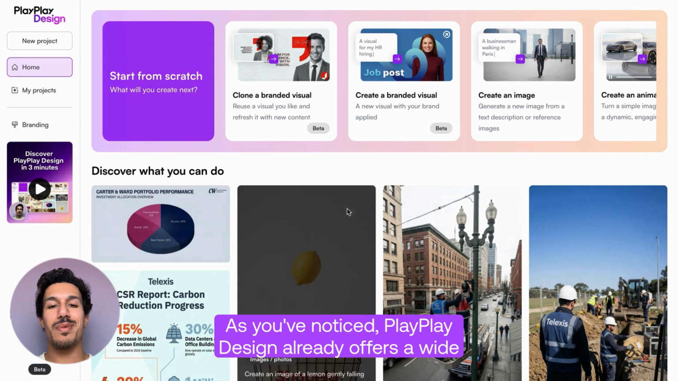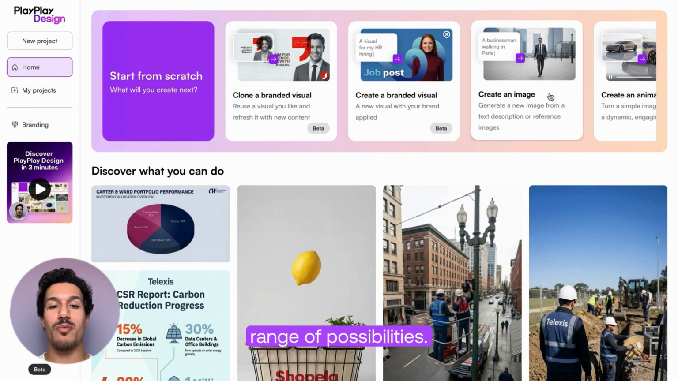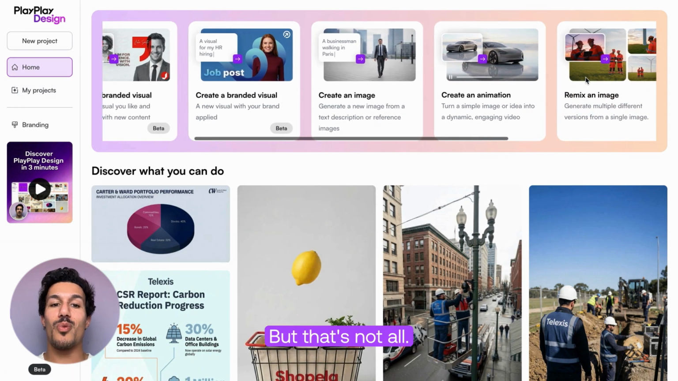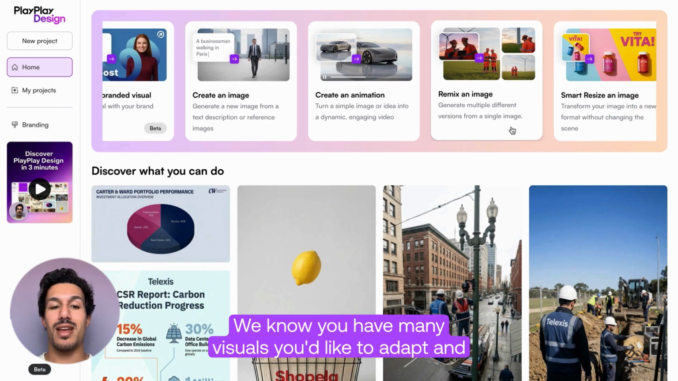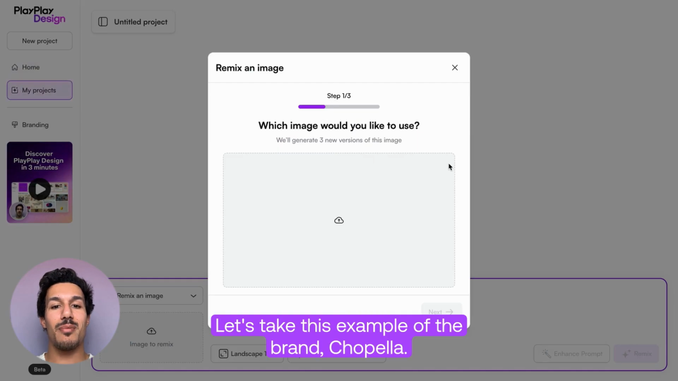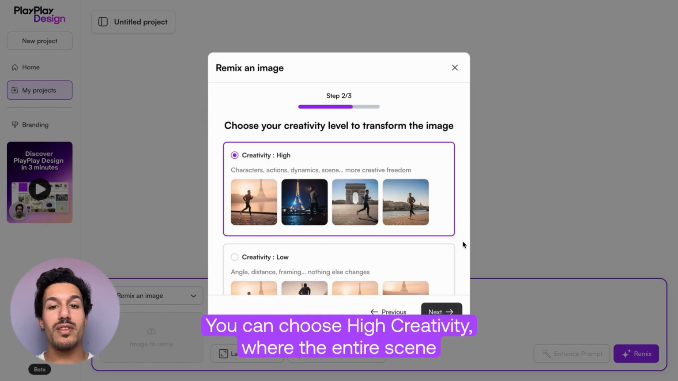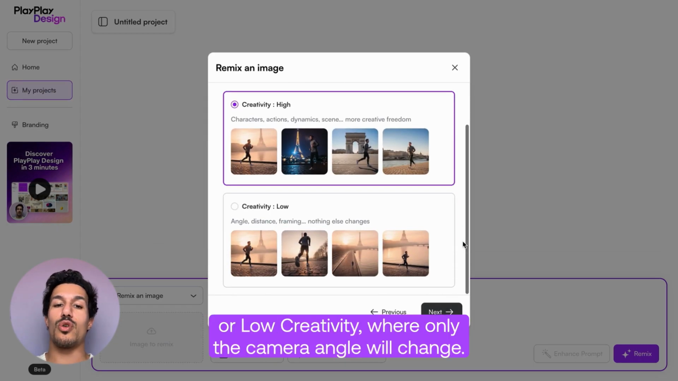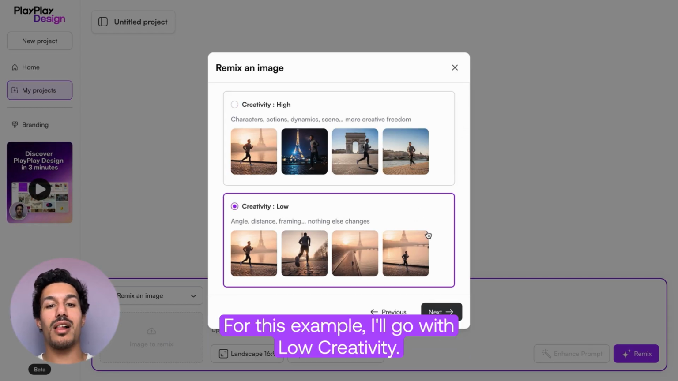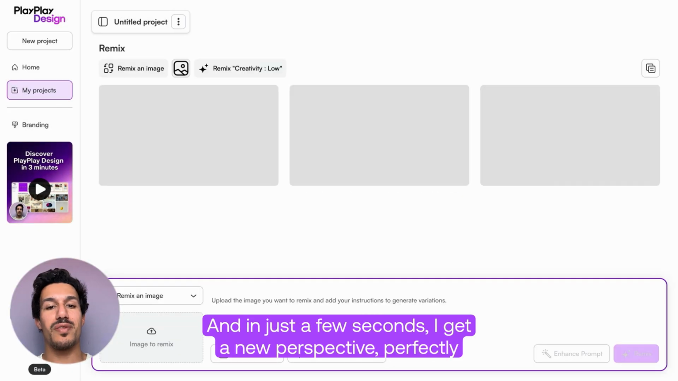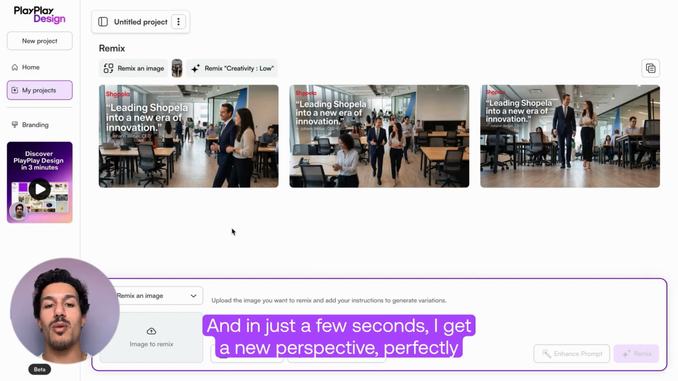As you've noticed, PlayPlay Design already offers a wide range of possibilities. But that's not all. We know you have many visuals you'd like to adapt and reuse. Let's take this example of the brand Chopella. You can choose high creativity where the entire scene changes, or low creativity where only the camera angle will change. For this example, I'll go with low creativity, and in just a few seconds, I get a new perspective,